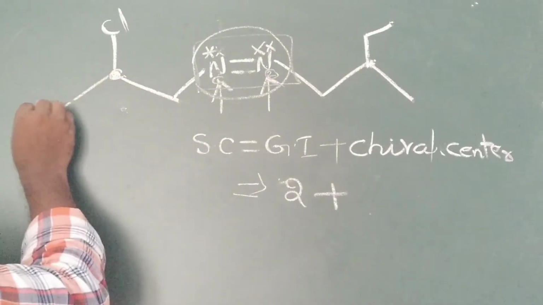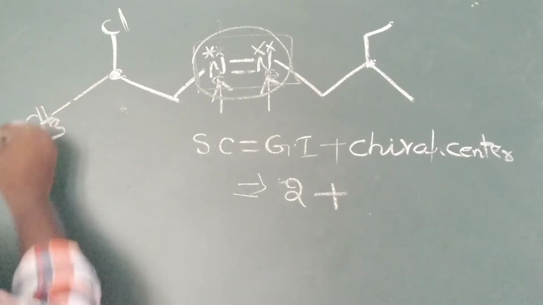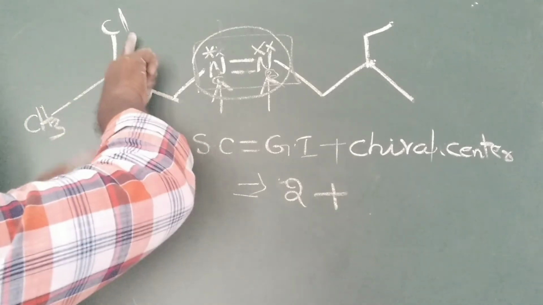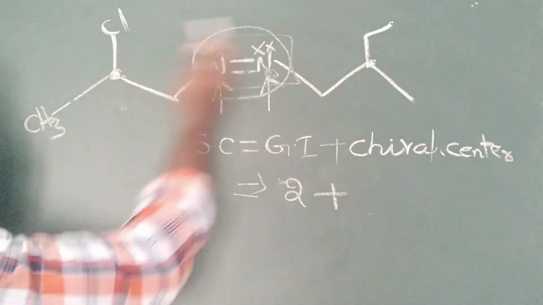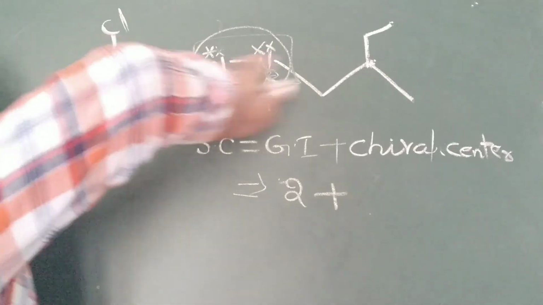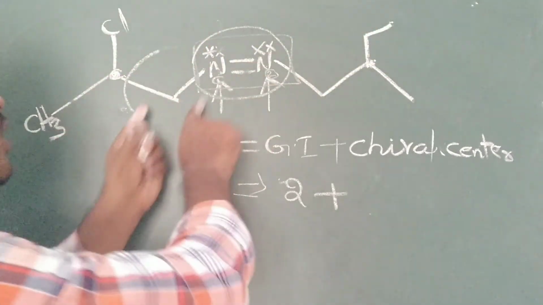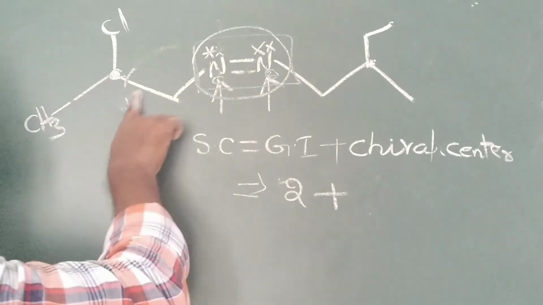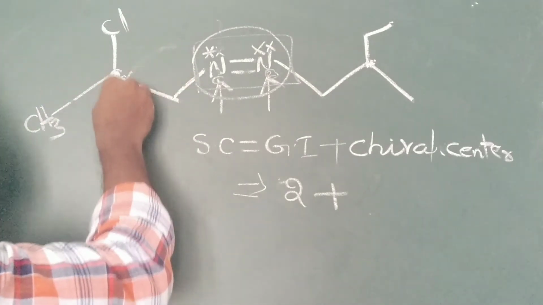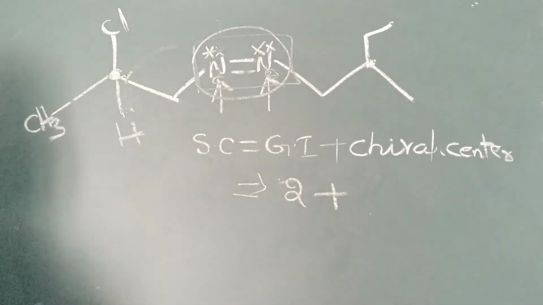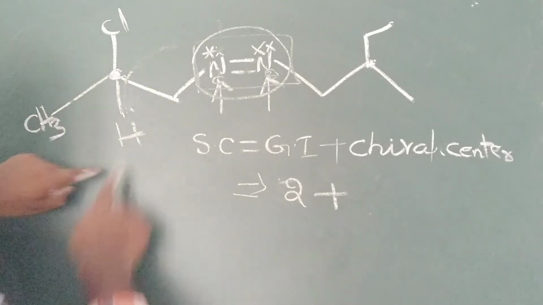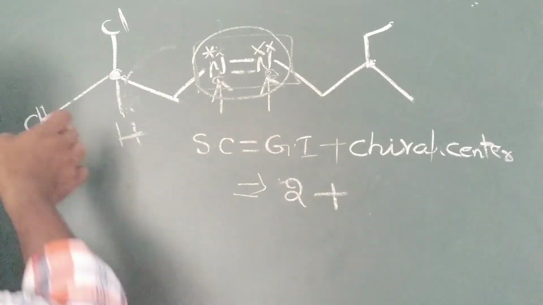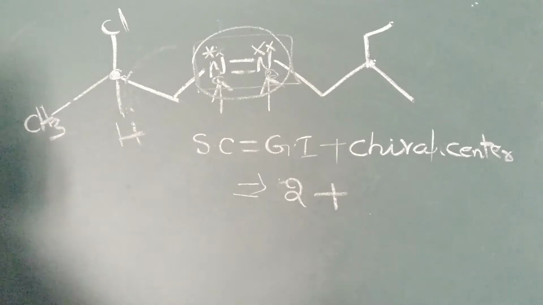This carbon is attached with a methyl group here. Here it is attached with chlorine. Here it is attached with the total group. This is the total group, like this, and in this total group you include the double bond and nitrogen. What about the fourth? Only 3 groups are attached? No. The fourth one is hydrogen, which is also there, though in the bond line structure we do not show it. 1, 2, 3, 4. It is showing 4 different groups. It is attached with 4 different groups.